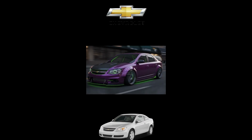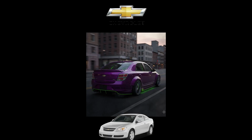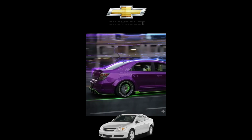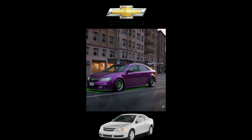Witness the breathtaking metallic purple finish contrasted with electrifying lime green accents. Behold the sleek 5-door sedan body, aggressive wide-body kit, custom aero, and those mesmerizing LED matrix headlights. With vibrant green underglow, a subtle integrated spoiler, and performance cues throughout, this Cobalt sedan exudes both class and raw